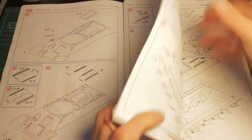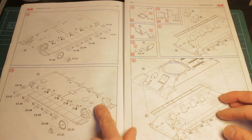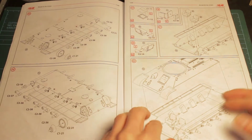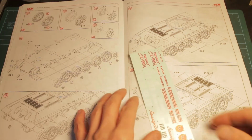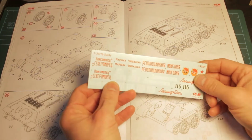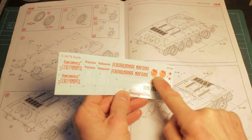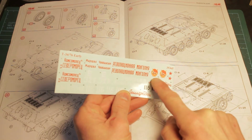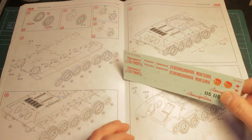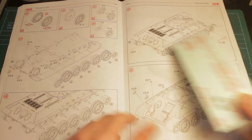And following on from there, upper hull to the lower hull and suspension components, the torsion bar suspension components, then the mating of the two hull parts. In the middle we have the decals, and with these interesting sort of Russian Red Star decals that will go on the turret on the variant that I will probably build. Then the road wheels,